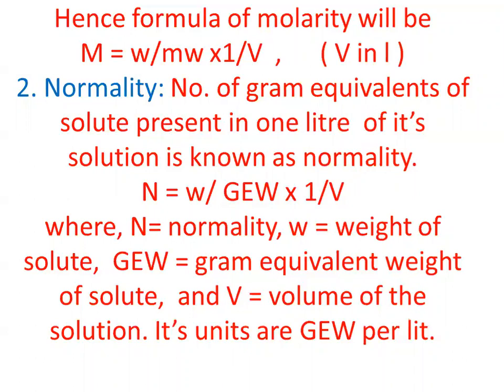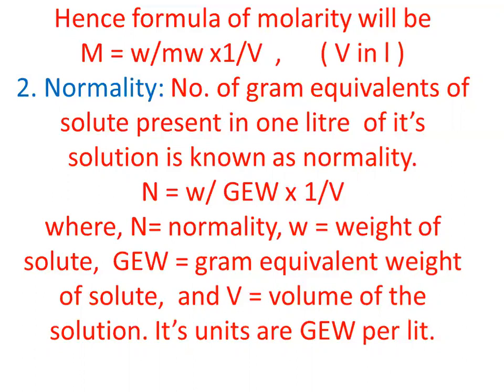Na2CO3 means 2Na plus and carbonate with 2 negative charges. So in those cases, we have to divide the molecular weight by 2 to get equivalent weight. And then the number should be expressed in grams to get the gram equivalent weight.